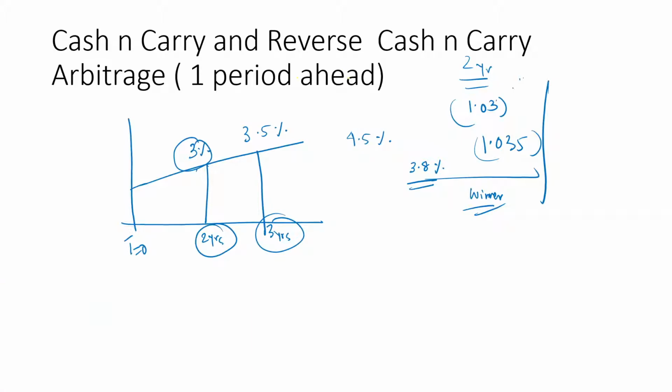By borrowing at the spot rate between year 2 and year 3, which we had assumed at 3.8%, he still is going to benefit out of the whole exercise because of the compounding effect. So this is one way wherein the equivalent forward rate should have been 4.5%, but instead of 4.5%, it's only 3.8%. So he can borrow at 3.8%, and yet because of the compounding effect, he is going to win for the